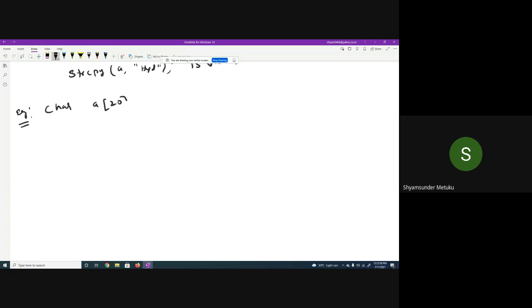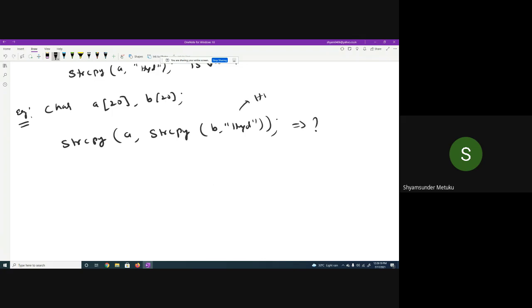We have 2 arrays. Both are garbage. Try to tell me the output of this after executing it, if you have a laptop or desktop. You tell me the output of this. Is it clear? So this is your homework.